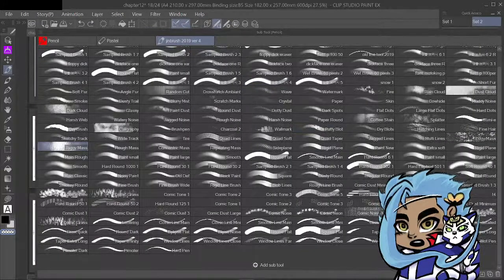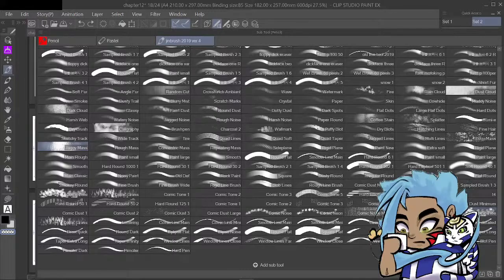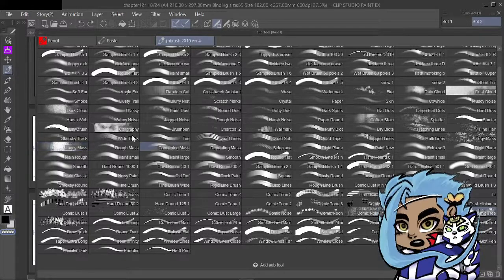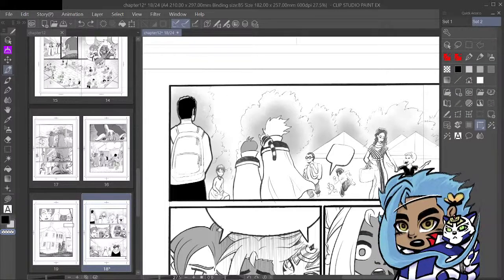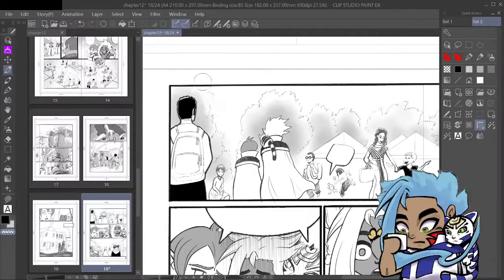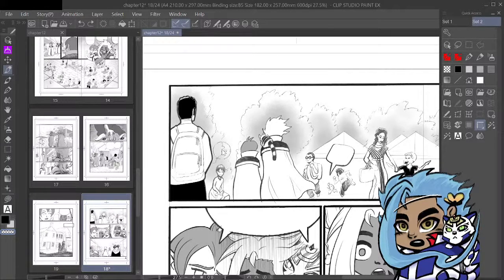There's an actual tree brush, I believe. Comic tree. Well, that's pleasant. Using the mouse sometimes to just click with it. Okay, it's pleasant until that. Okay, well.